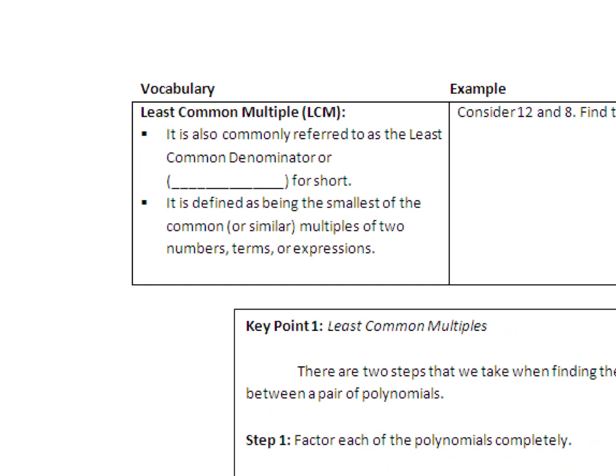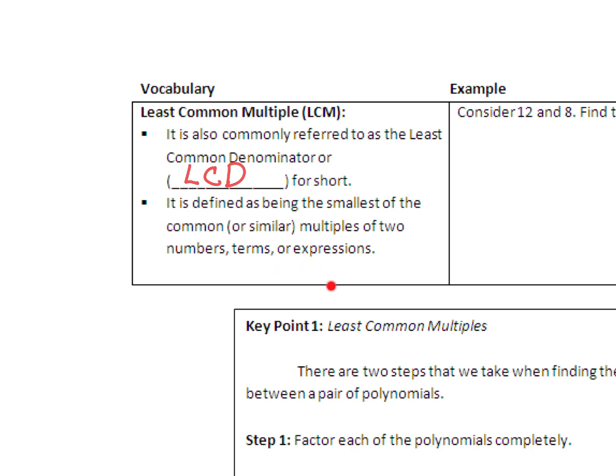So, without any further ado, let me introduce you to what you might actually think at the end of the day is maybe even an easier way to come up with a least common multiple or a least common denominator. I kind of use those things as synonyms. A least common multiple is, in essence, the same as finding your least common denominator. Again, it's defined as being the smallest